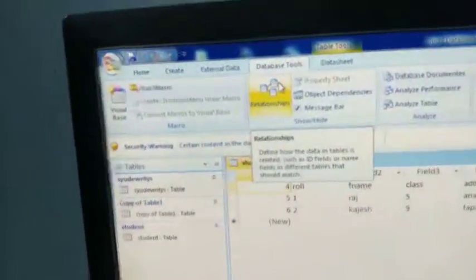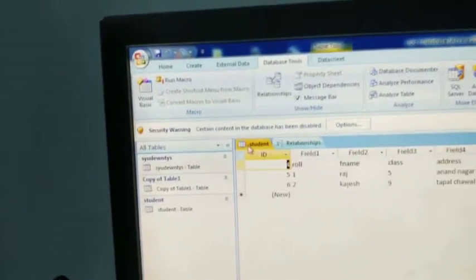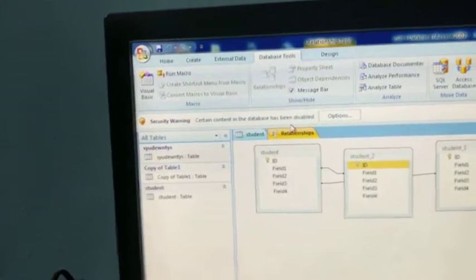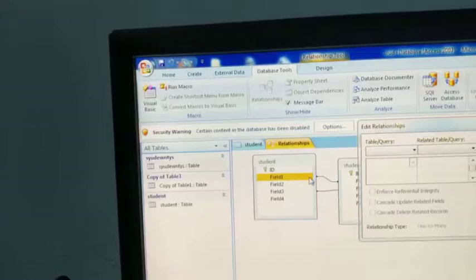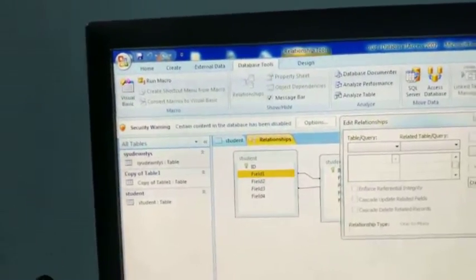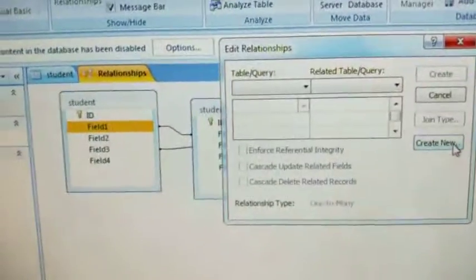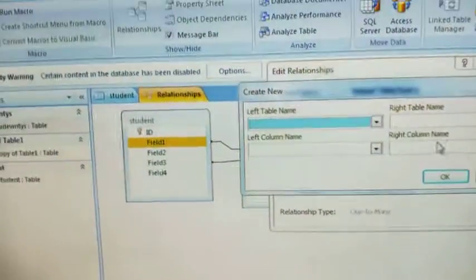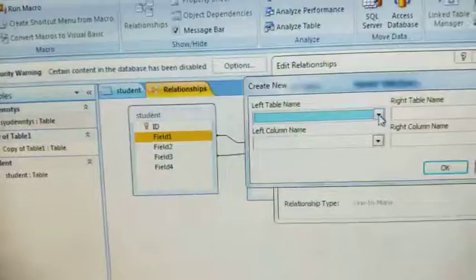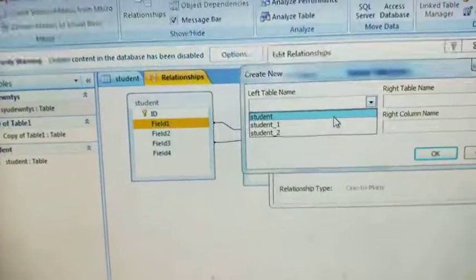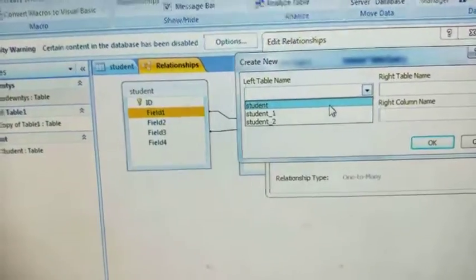Again you have to click on relationships, and here you have to select your file. Then again you click on the relationship table. Then when you click in any field, you will get this dialog box. Here you have to click create new. From the left hand side table you have to select which field you want to take as a primary key.